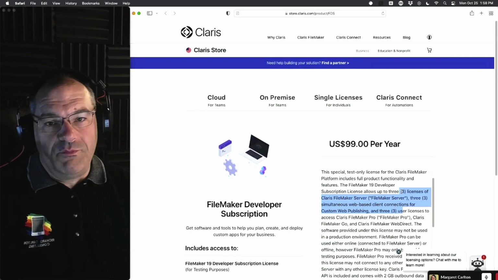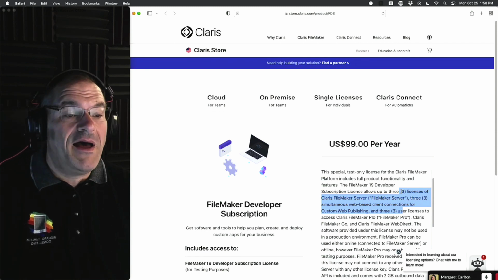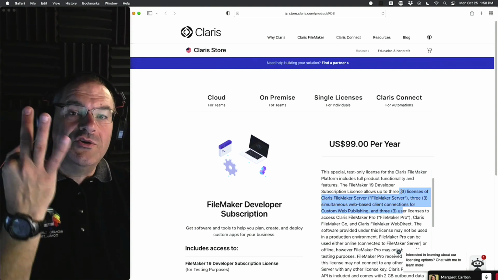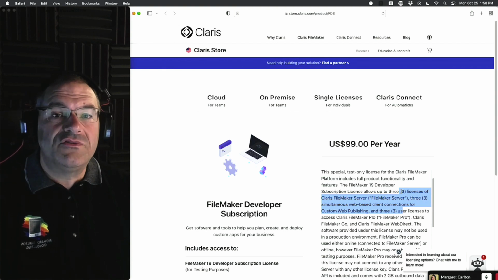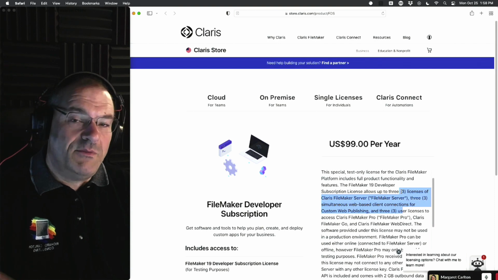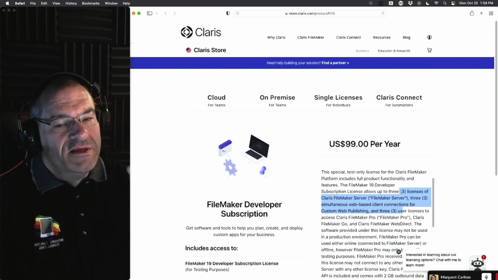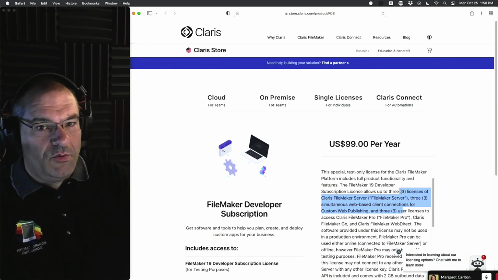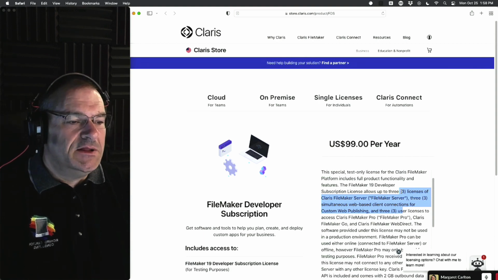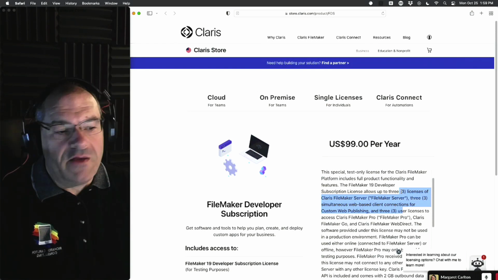However, if you're buying a server, right? Like Kyle's buying software for his company. When you buy a license, a bundle of FileMaker, like the user license or concurrency, you're licensed for 3 simultaneous servers to be used. One for development, one for whatever else, and one for the employees to use, right? So Claris added extra servers to the thing. So the only people that buy this right here are people who are not going to have full deployments, but they're trying to build and test software. So most people don't have this, but every once in a while you'll find someone who likes that. Yeah, so that's what this is for.